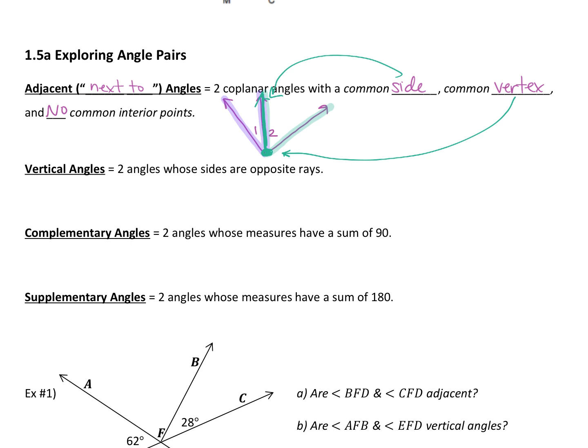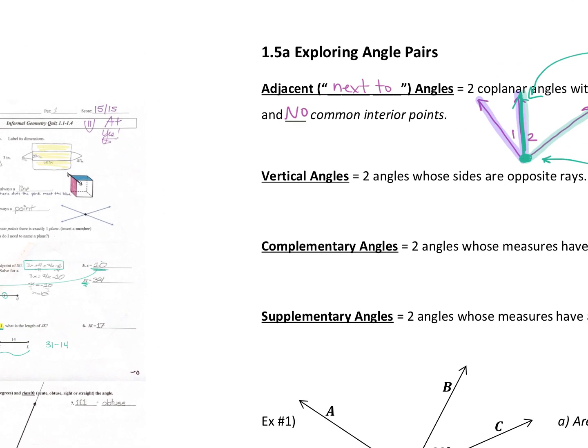So it looks like this, okay? Now, those are adjacent angles. These, okay, 1 and 2 here, no common interior points. Okay, these two angles, those are not adjacent. Do you know why? They don't share a side or a vertex, right? So you have to share a side and a vertex, but then you also have to not have anything else in common. So let me show you one other example of what is not adjacent,